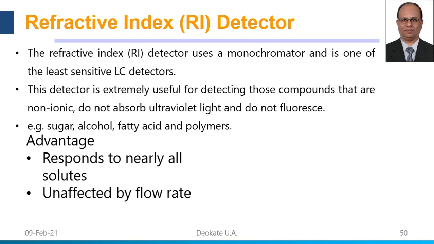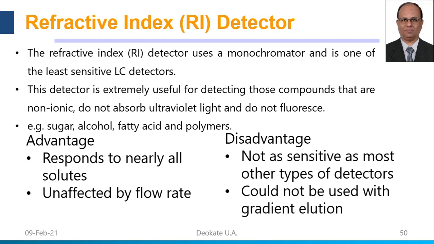Okay, so the thermal conductivity detector is there in the case of your GC. Here also, refractive index is a bulk sensing detector. Whatever comes into the solution or mobile phase changes its refractive index, and that can be detected despite its composition or nature. It is unaffected by the flow rate, but it has the disadvantage that it is not as sensitive as the UV visible or PDA detectors.